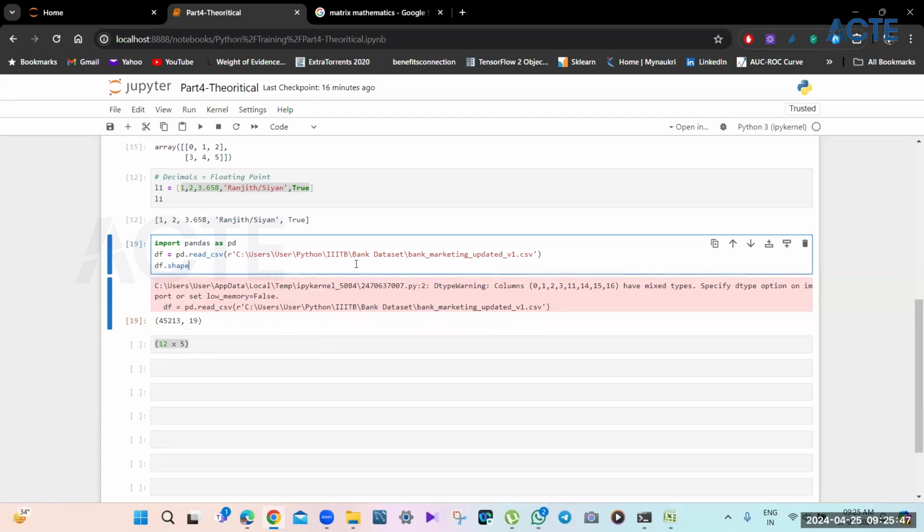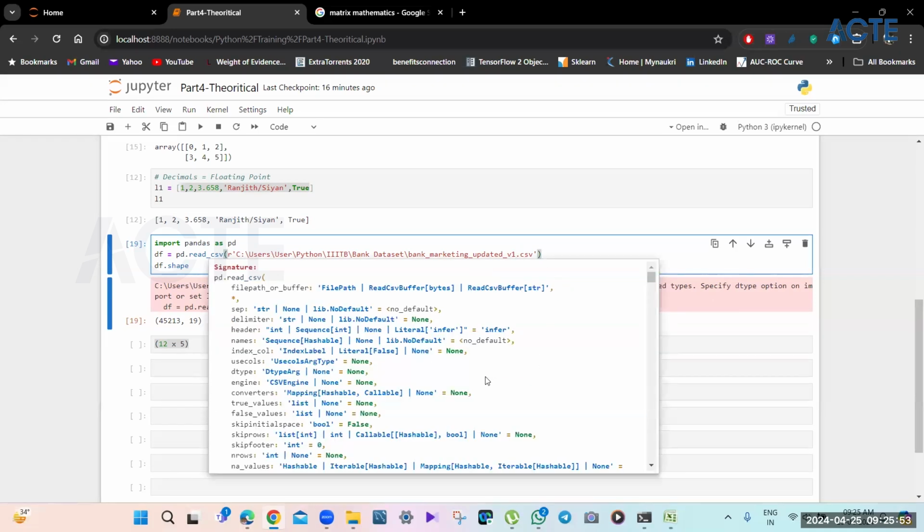Okay. Now, as we know, this is a function. If you press Shift Tab, it will show you what things it can do. As we can see, it can do a lot of things. It has a separator, a delimiter. Let's say this is a CSV file with a comma separator.